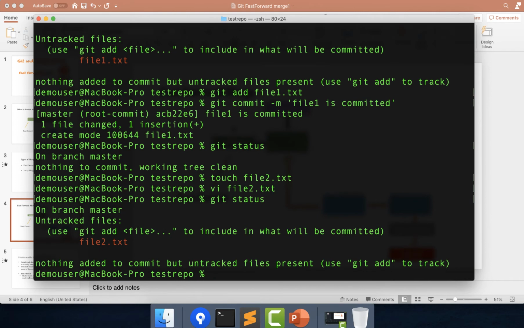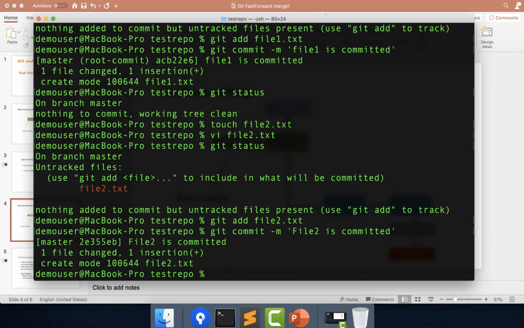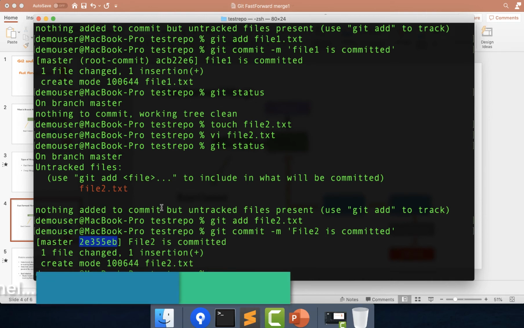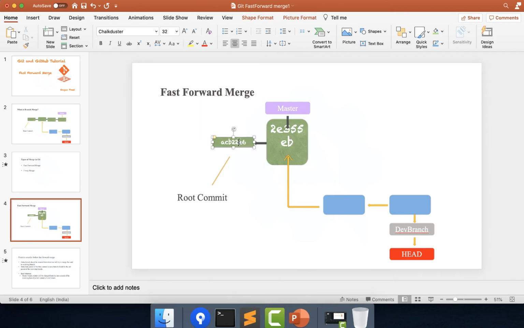You can see this file is untracked, so I will say git add file2.txt and then git commit, with the commit message file2 is committed. Now we have the hash for this commit also. I will simply type it over here so that we make sure all the entries are captured, just to make sure we are on the right track.